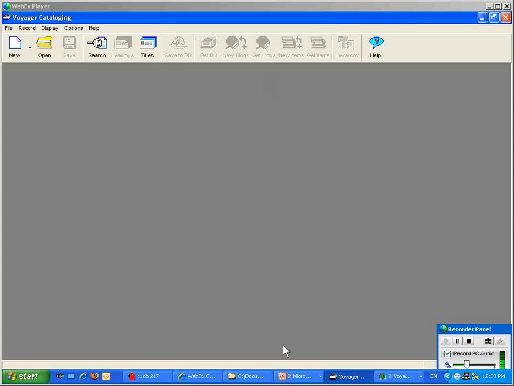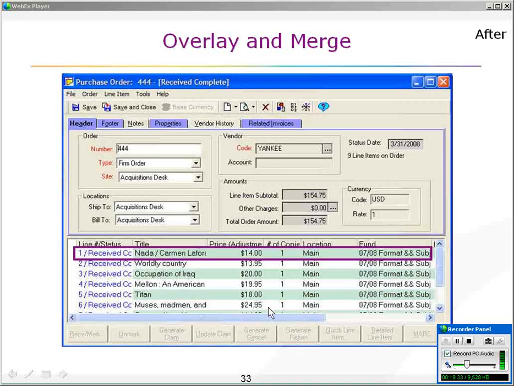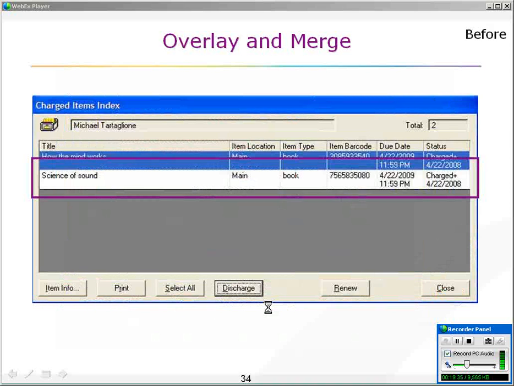Then I'm going to just take us back to the slides for a moment, and we'll talk about what happens with the circulation transactions, although before I go there, any questions on the acquisitions variety? If not, let's take a look at what happens here when we try the overlay and merge in relation to